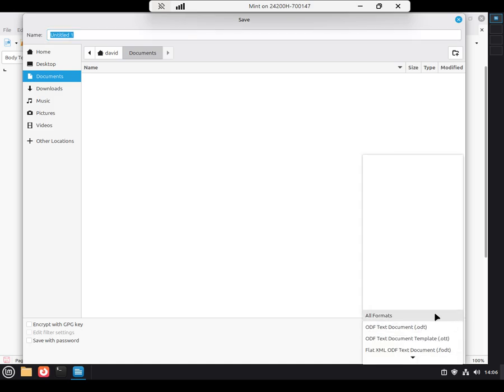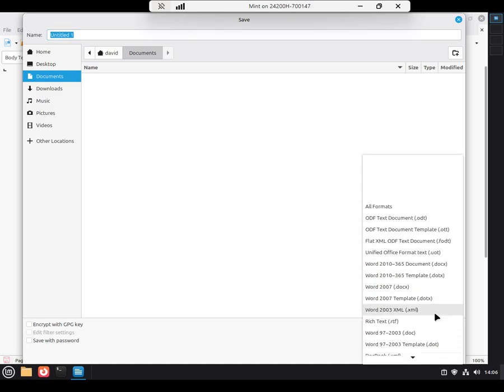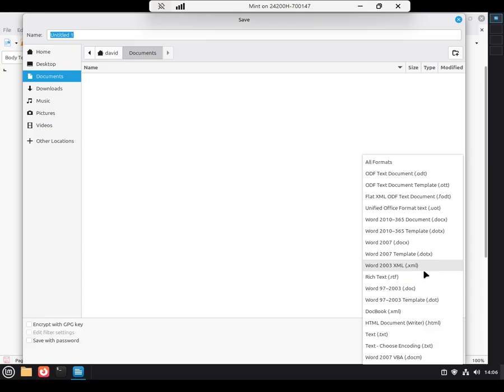However, if I click my drop down, I have different formats that I can use here, including several different editions of Microsoft Word. So this would save it under a docx, my current Word document. And this will allow me to save Word files, and it will allow me to open Word files. So I can be using this, somebody else can be using Word, and everything's going to work perfectly,